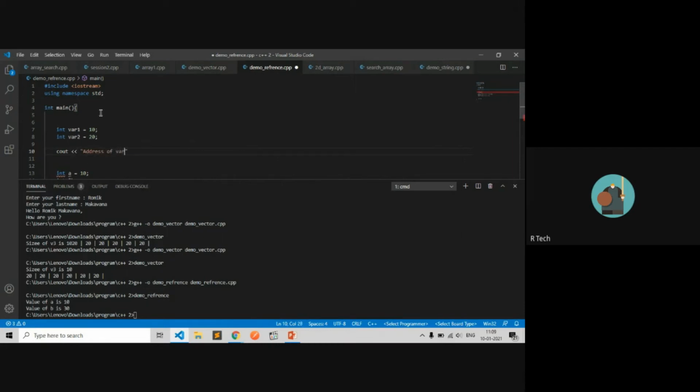Cout, address of var1 is, &var1, endl. Cout, address of var2 is, &var2, endl. Return 0.